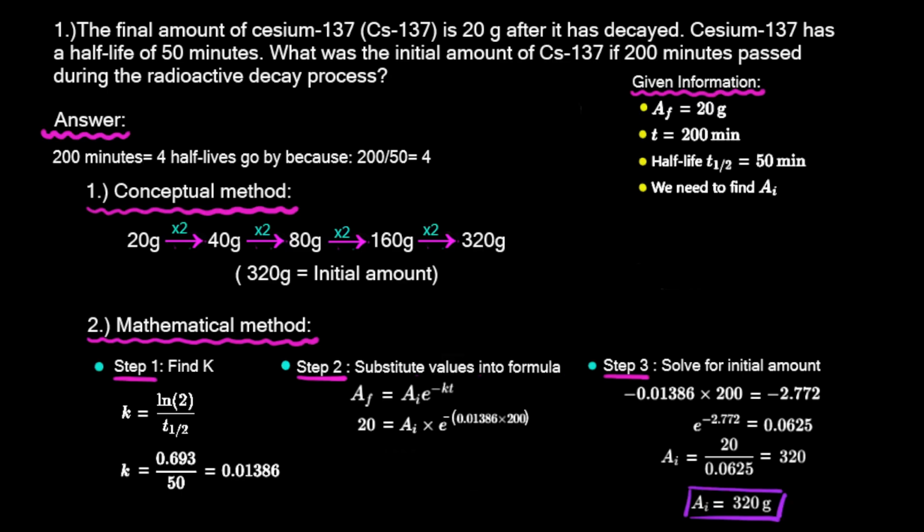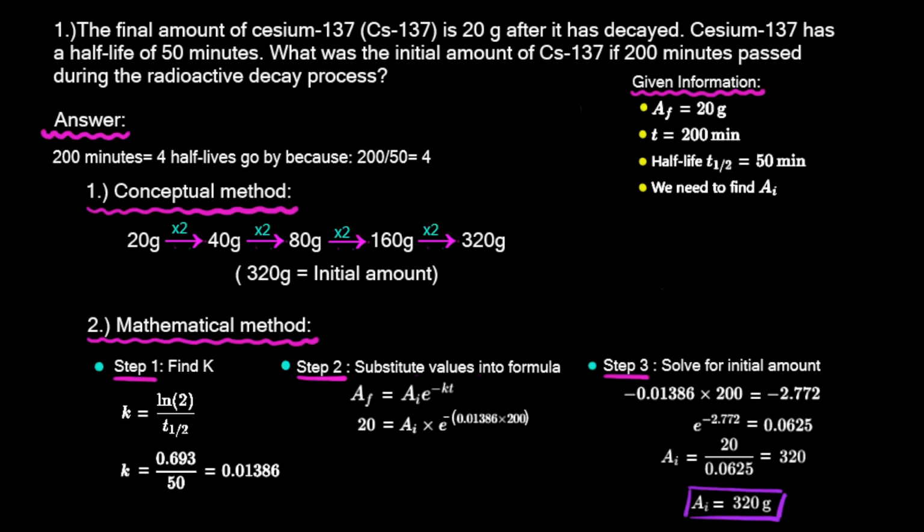0.01386. In step number 2, we need to substitute our values into the decay equation, and that gives us 20 is equal to A I times e to the power of negative 0.01386 times 200. In step 3, we solve for the initial amount, so multiplying the exponents, we get 0.01386 times 200. That is equal to 2.772. We need to raise e to the power of negative 2.772, and that equals